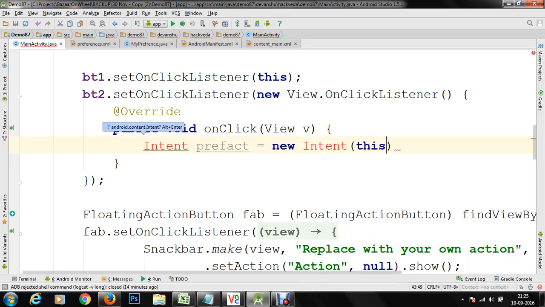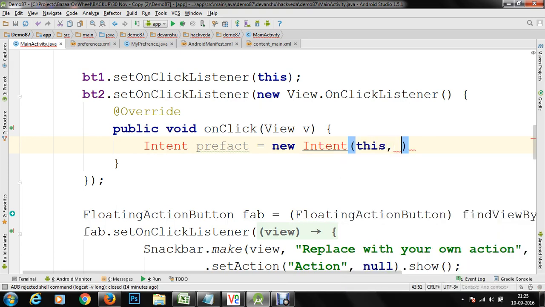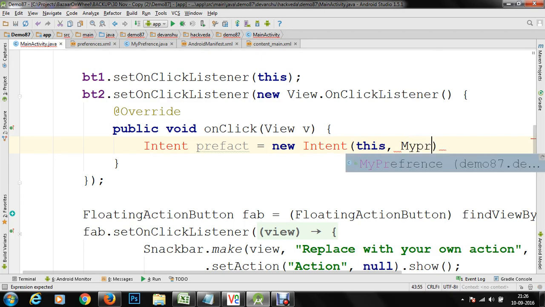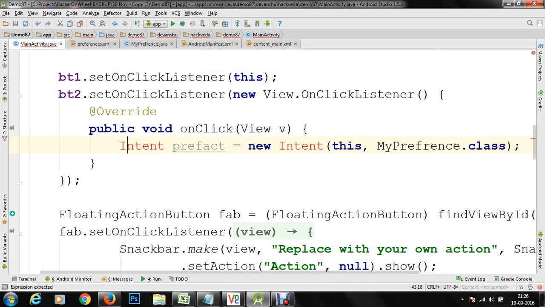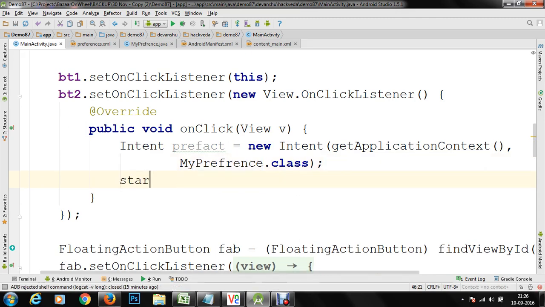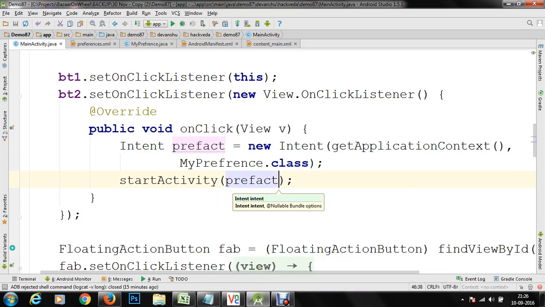We are going to move from getApplicationContext, or you can simply refer with the this keyword, to my preference class. So using this, you will be redirected to your preference activity, and then I have to start my activity. As soon as the activity gets launched, I'm going to store my preferences.